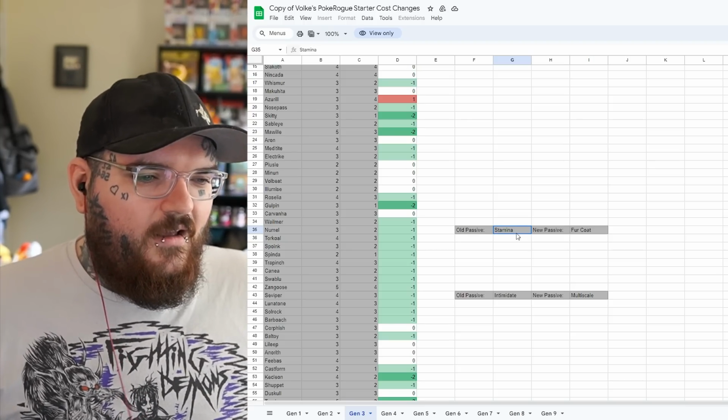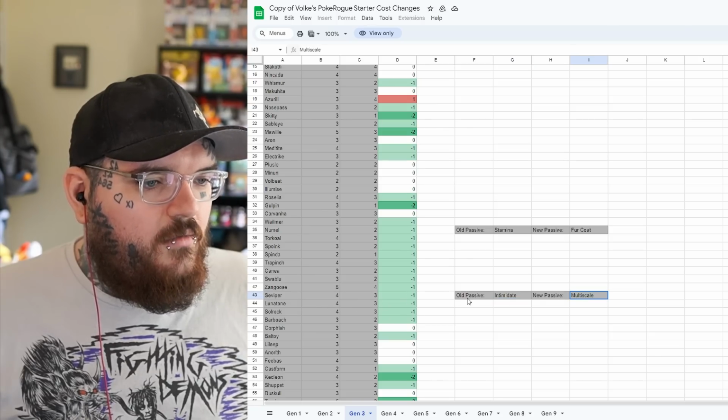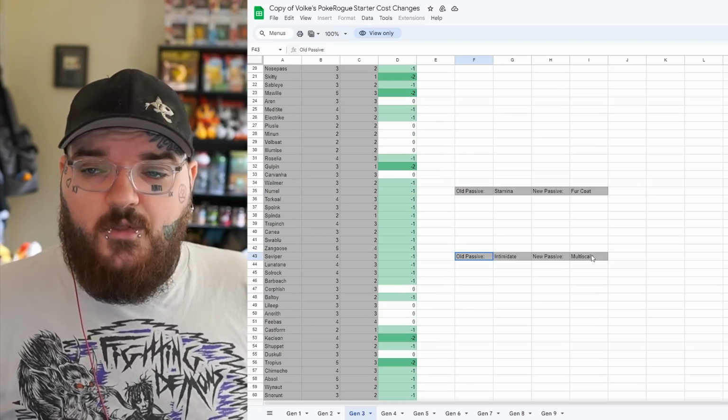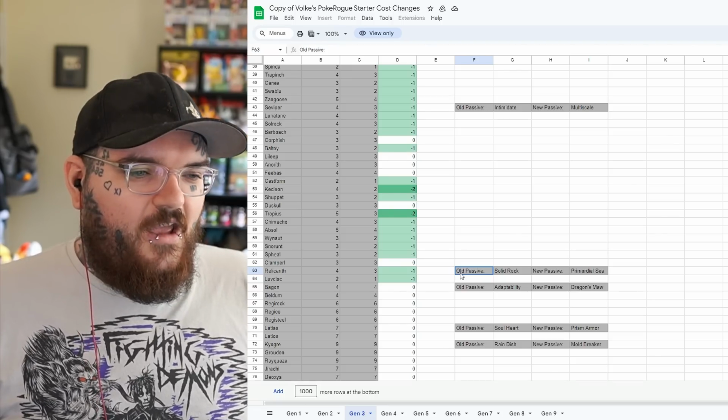I don't know, but just play it better, I guess. Old passive of Intimidate into Multiscale now on Seviper. That's fine with me. Intimidate's good. Multiscale will give Seviper a chance to do something. You take a hit better. Doesn't matter if it's physical or special now, it can take a hit better and do something,